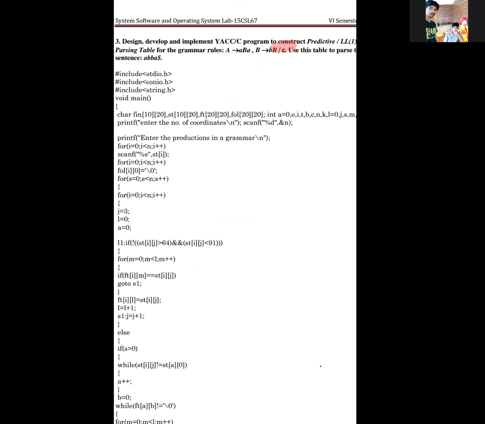So every time, this is completely a C program. We can't stress this, we don't have time for all those things, but I will tell you the output of this program. We go to the output of this program.